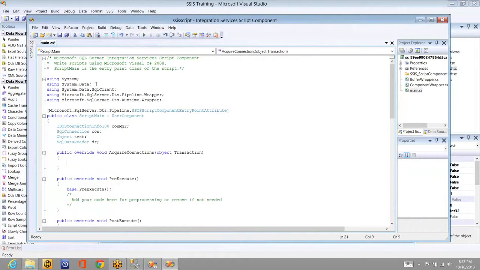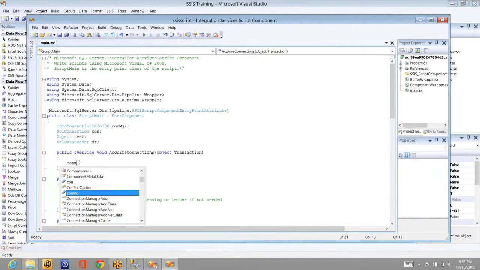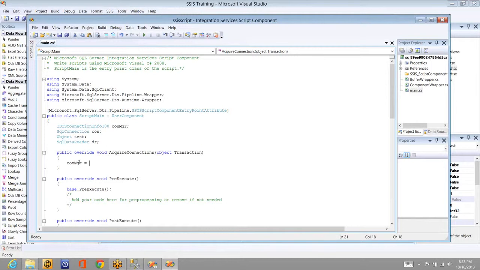So the functionality you are going to write here is first to create a connection to the outside one. You have to use the connection manager for that, to get the connection into IDTSConnectionManager. So the connection manager is equal to this dot connections, that means all the connections that we have created outside, dot, and you will have the connection that you have created, that is AdventureWorks.